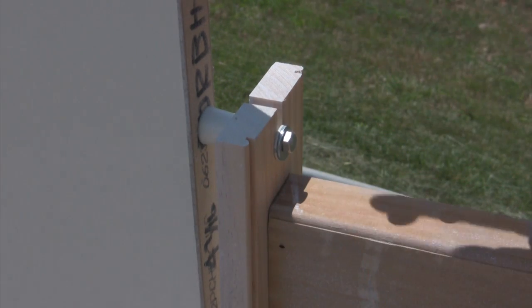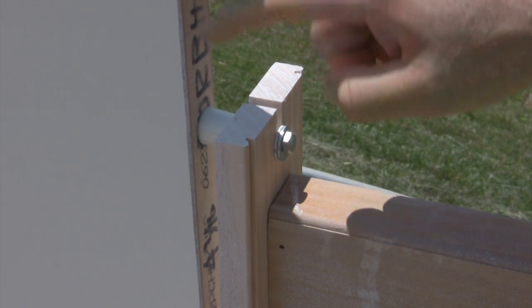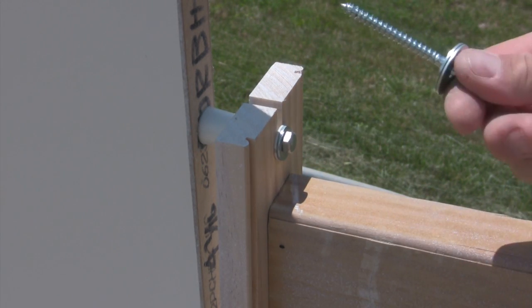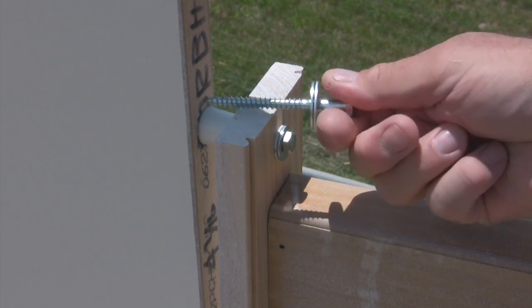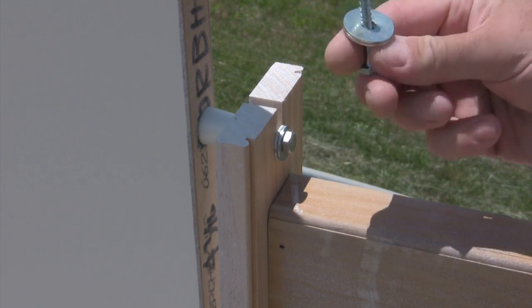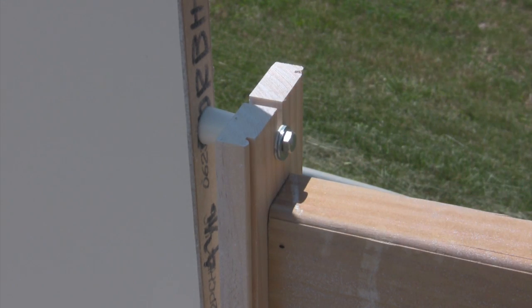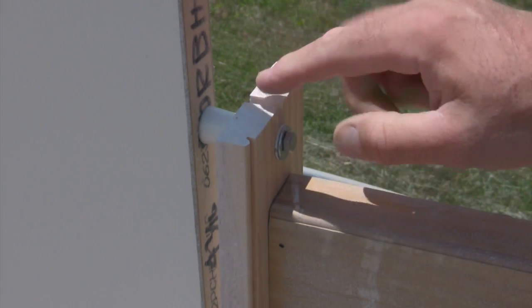But once you've done that, go to your door and go halfway. You just find the center of your door, drill a pilot hole, and go ahead and run that lag bolt and that grommet and these flat washers up into the door a little bit. Now once you have that secure, you're ready to lay this in place